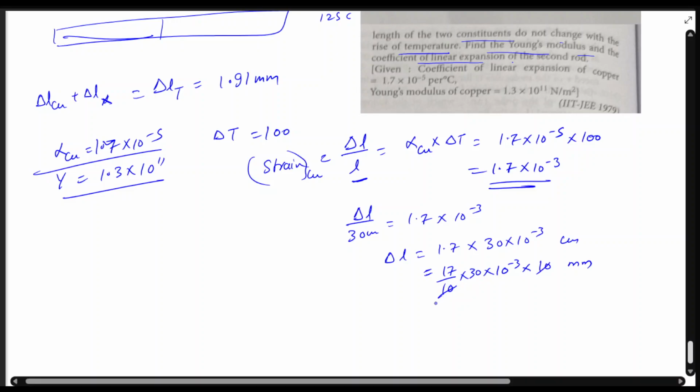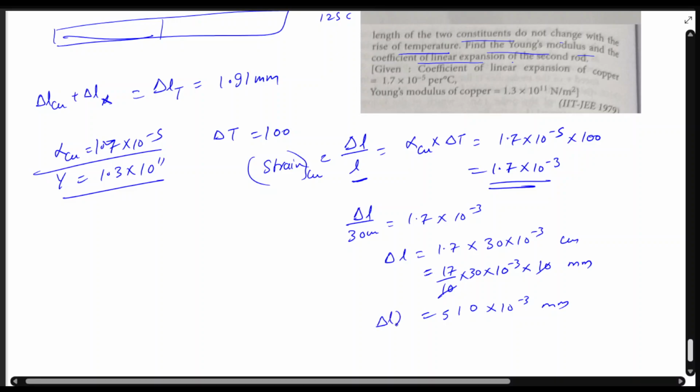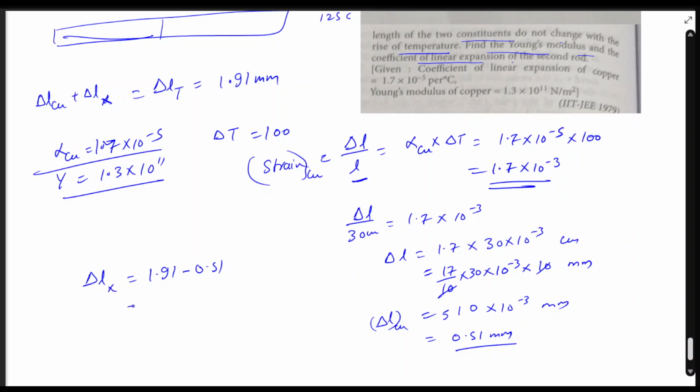We will have 17 into 3, into 10 raised to power minus 3 millimeter. So delta L of copper we have is 0.51 millimeter. So delta L of X will be 1.91 minus 0.51. So it will be simply 1.4 millimeter,